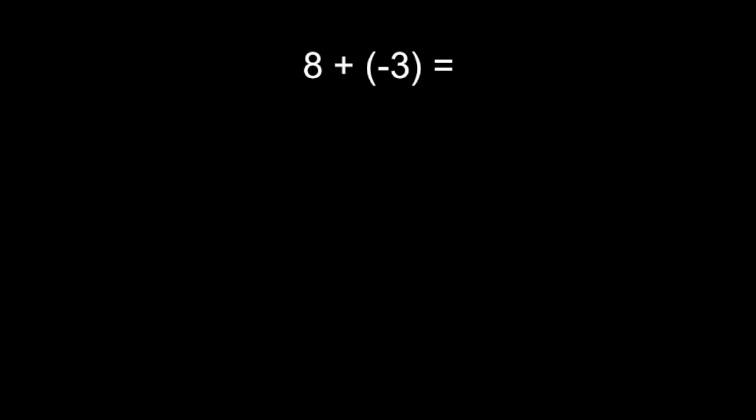Now this problem is a little bit different. We have a positive 8 plus a -3. Again, you could use integer chips or a number line. Let's try using integer chips. So we've got positive 8